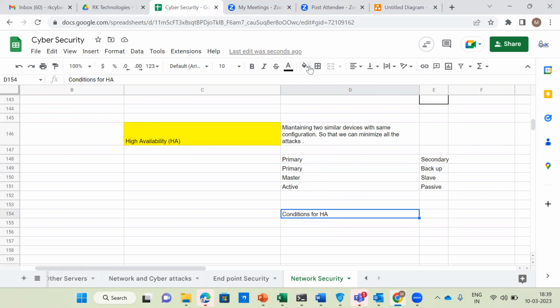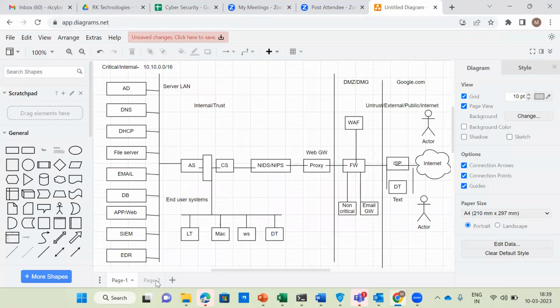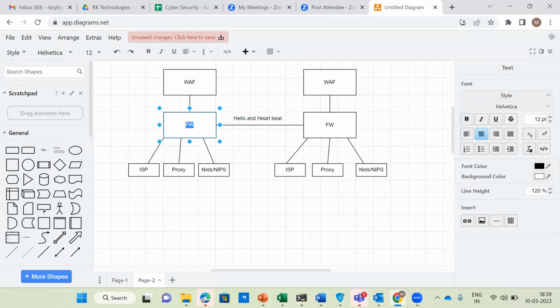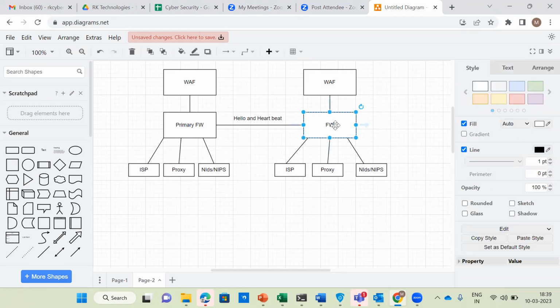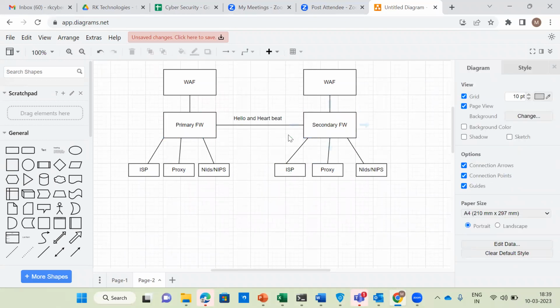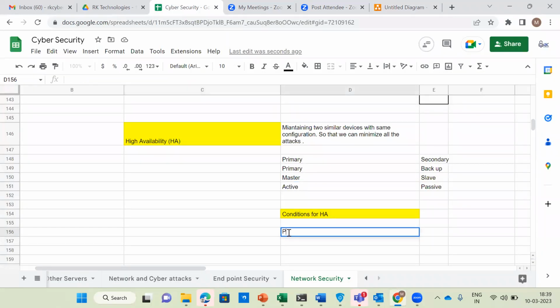Conditions for high availability: what exactly conditions we have to maintain. If you want to maintain two firewalls with the same configuration, for example, this is the primary firewall, and this is the secondary, or maybe passive, or slave, and so on. So I'll put secondary firewall. If you want to maintain these two firewalls as high availability, for example, the primary firewall model number is